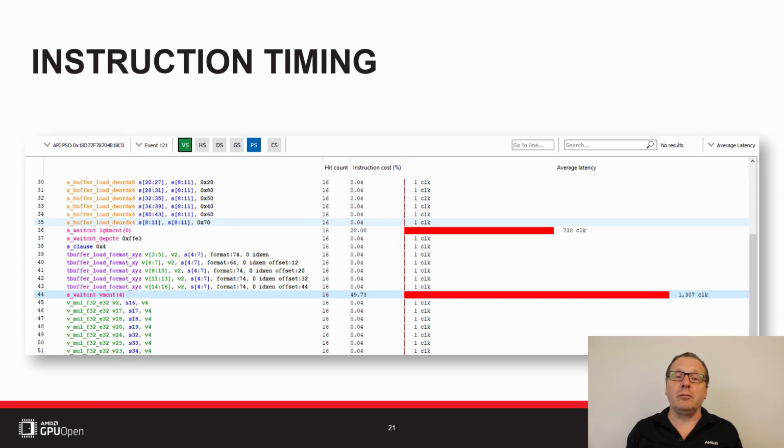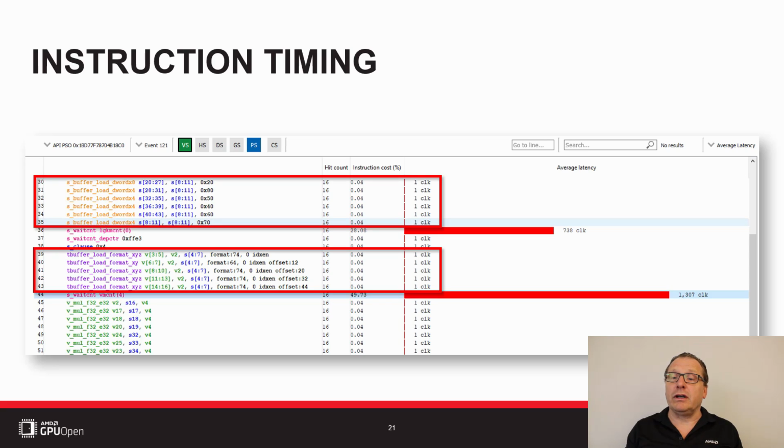The instruction timing view assigns an instruction issue latency to each instruction. This latency represents the time difference between when the current instruction is issued and when the next instruction is issued. In the above screenshot, we see several buffer load instructions with a single clock issue latency. This is the ideal case on RDNA hardware where instructions can be issued on each clock cycle.